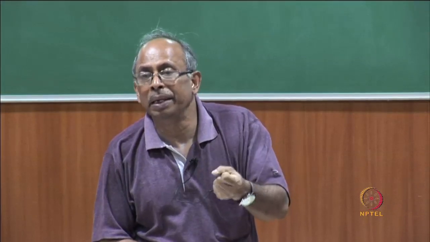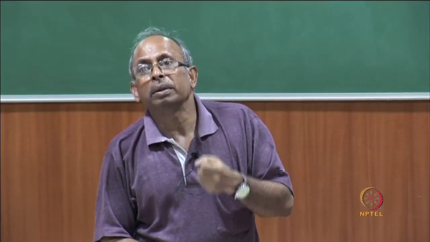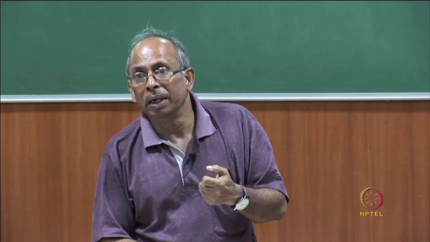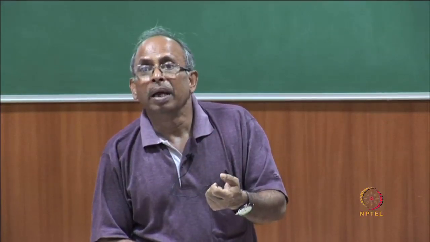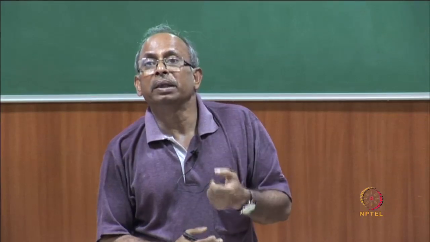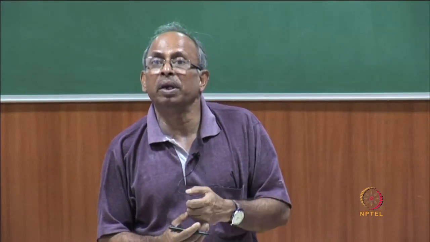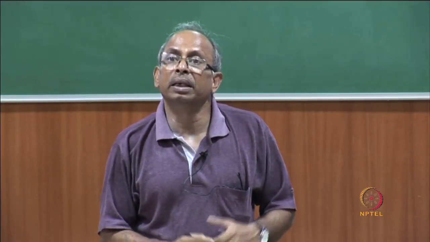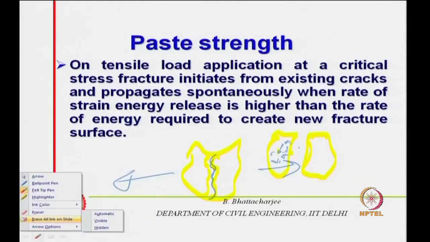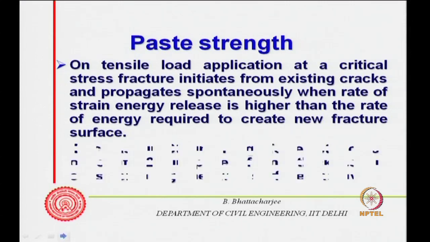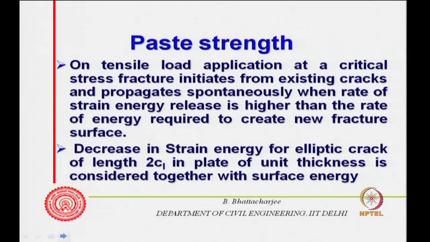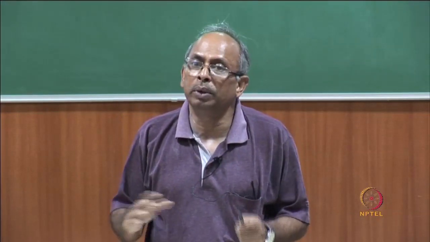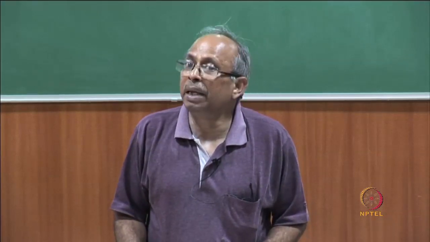In case of fracture or failure, you are applying load, which means you are applying stress. This is causing a strain before failure. So, half stress into strain is actually the strain energy, and when the strain energy supplied is high, or the rate of strain energy release is higher than the rate of energy required to create a new fracture surface, the fracture will propagate spontaneously. This is what was actually postulated by Griffith somewhere around 1918, maybe the second half of the second decade of the 20th century,